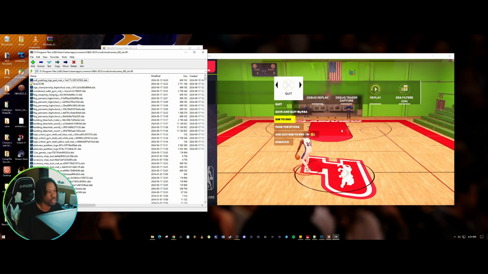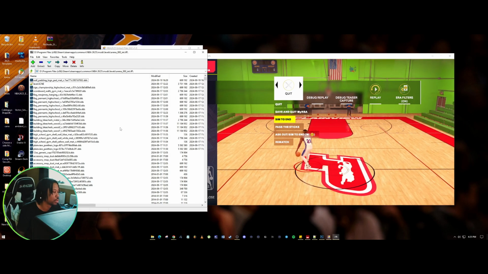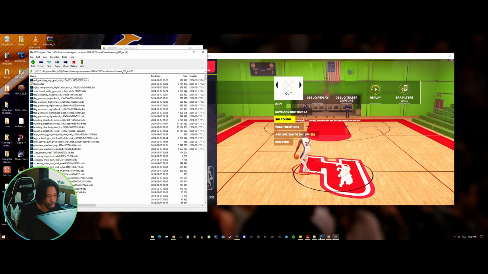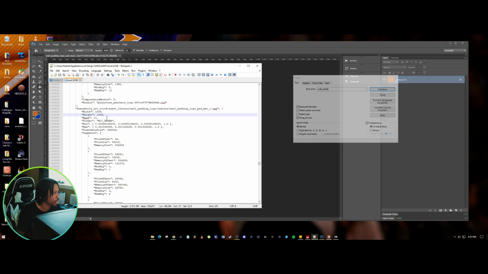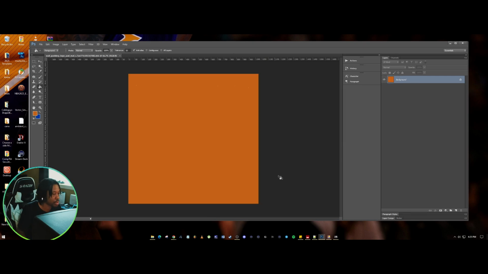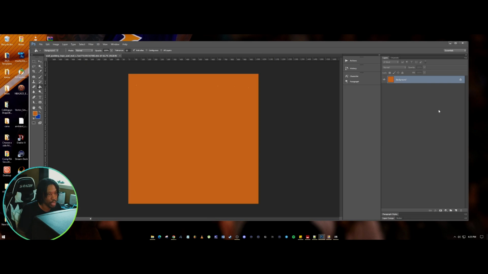Once you start saving files, you definitely want to save them in the right format. So as far as formats go, I'm gonna pull up my scene file. When you're looking at the scene file for arenas or whatever, it'll usually tell you the format that you need to save in. There's BC1, which is no alpha layer, and then you might also see BC7 with an alpha layer. Alpha layer just means that it has another layer